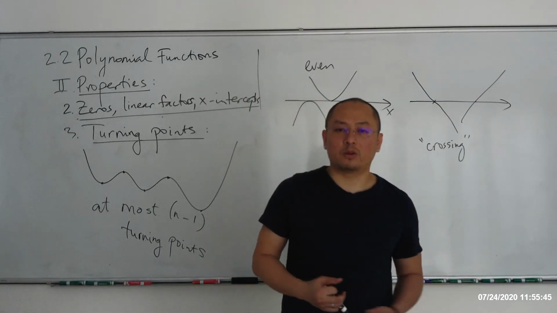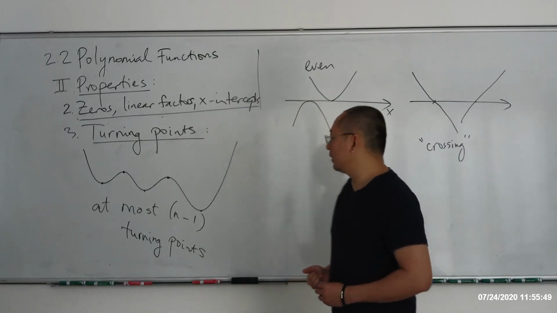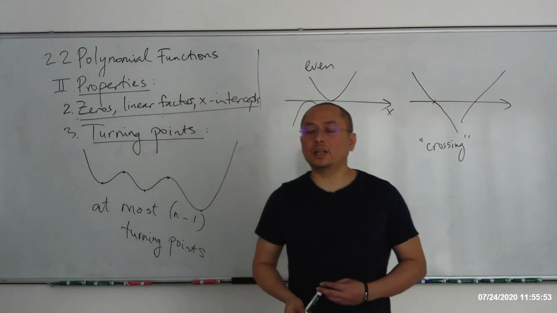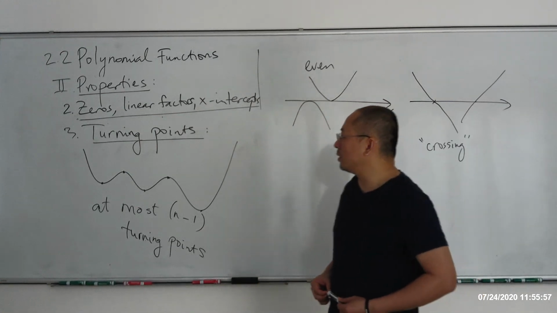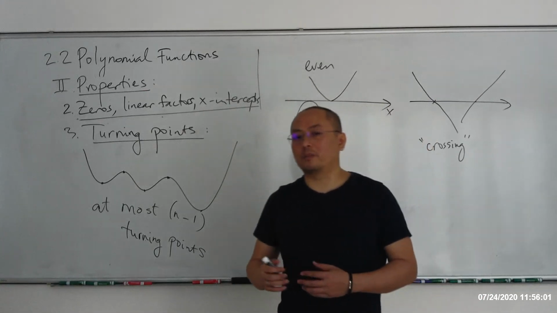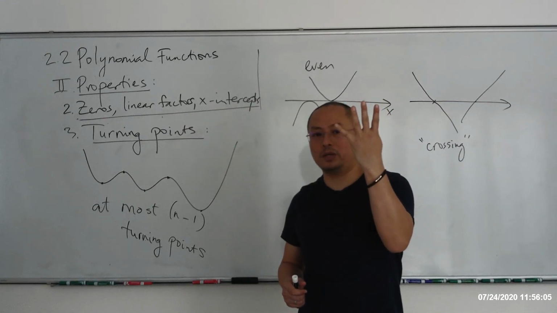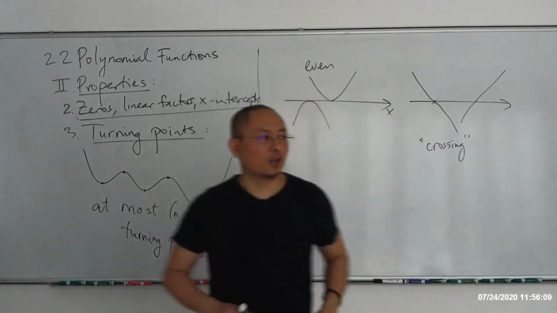If you have a polynomial of degree 10, you have at most 9 turning points. And the number of turning points in a polynomial will differ by a multiple of 2. What I mean is this. Say you have a polynomial of degree 5, then you may have either 4 turning points, or 2 turning points, or no turning points. You have a polynomial of degree